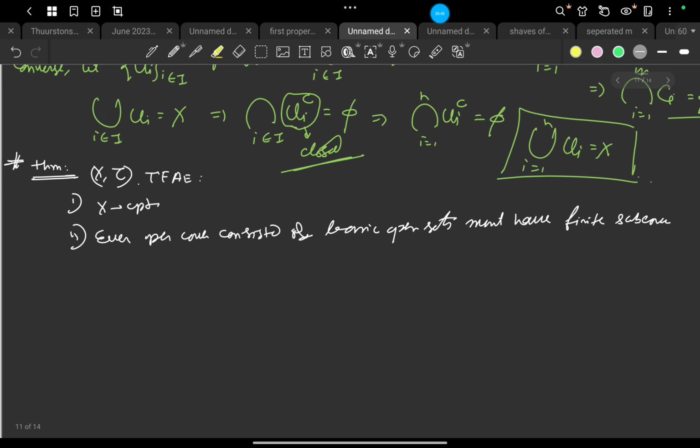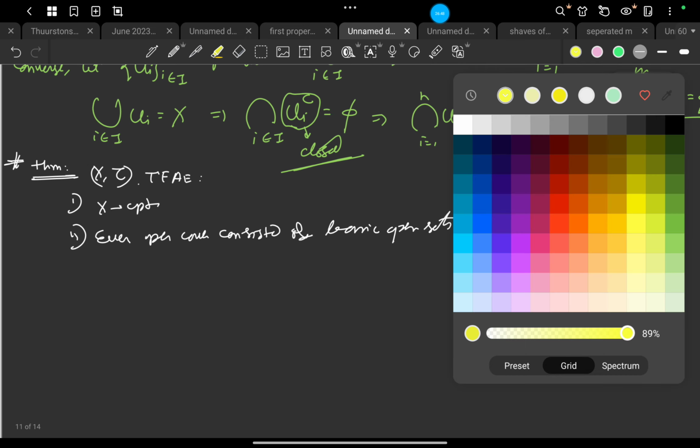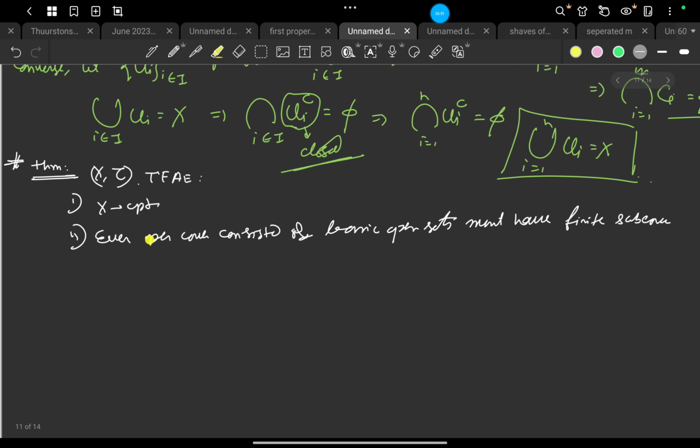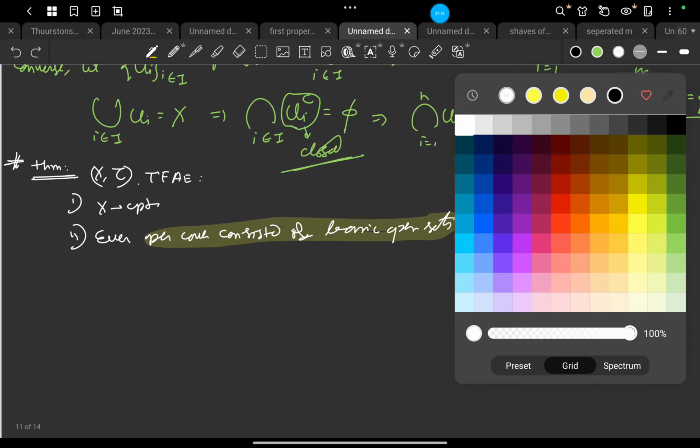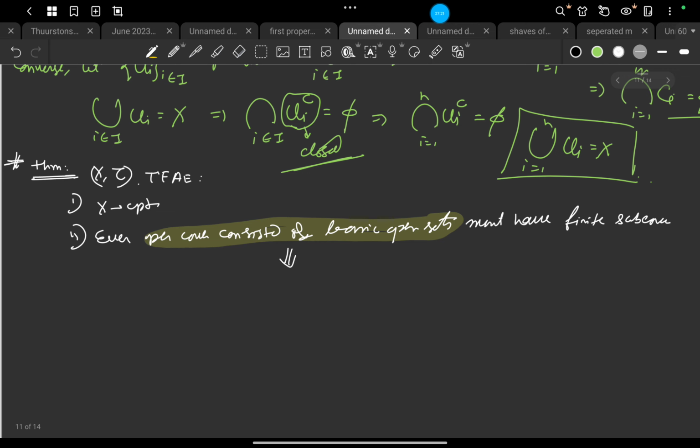An open cover consisting of basic open sets is said to be a basic open cover.